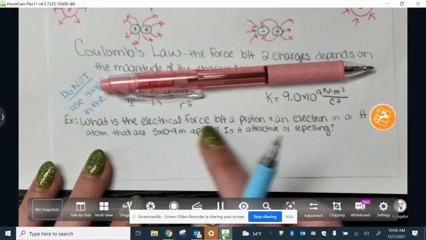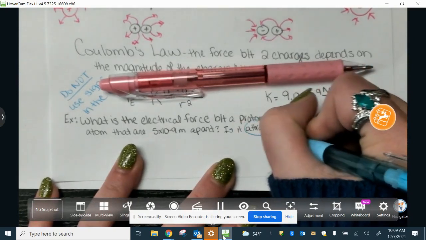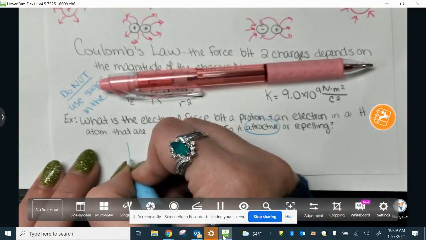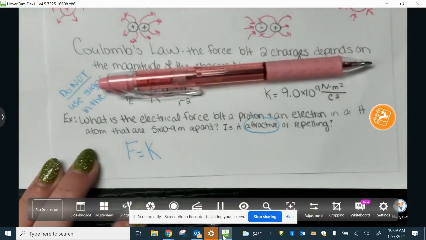So it asks, what's the electrical force between a proton and an electron in a hydrogen atom that are 5 times 10 to the negative 9 meters apart? Is it attractive or repelling? If you have a proton and an electron, are they attracting one another or repelling one another? Attractive, because the positive and negative. I gave you the charge of them earlier, so we're going to write F is equal to big K